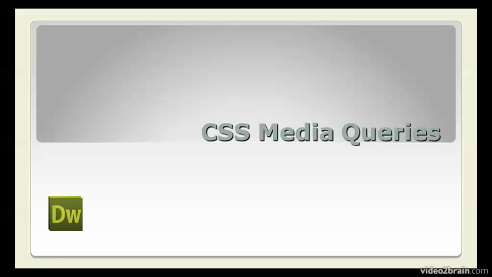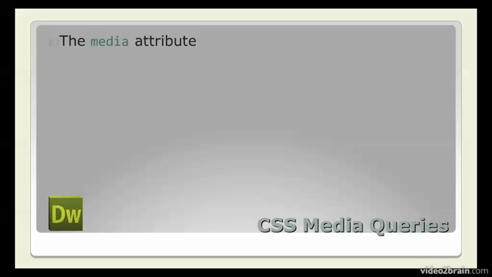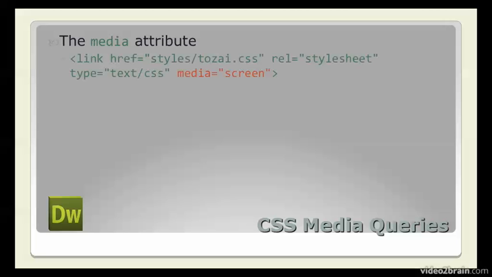In this lesson, I want to explain about the CSS3 Media Queries module, which allows you to specify rules for different devices through simple queries about the device's features, such as screen width, device width, color depth, and orientation. I'm sure you're familiar with the media attribute, which lets you specify which types of devices should use your style rules. For example, when linking a style sheet to a web page, adding media equals screen tells browsers that these